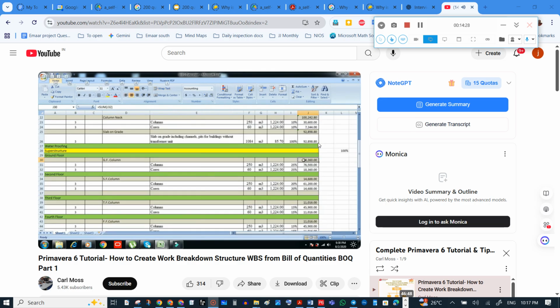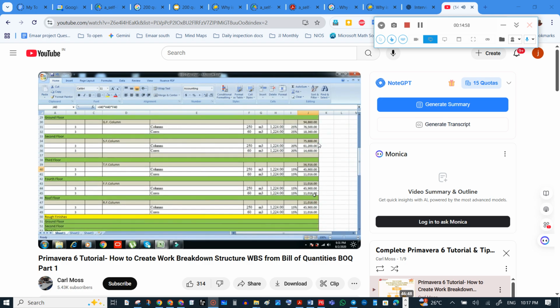For ground floor, for second floor, for third floor, for fourth floor.